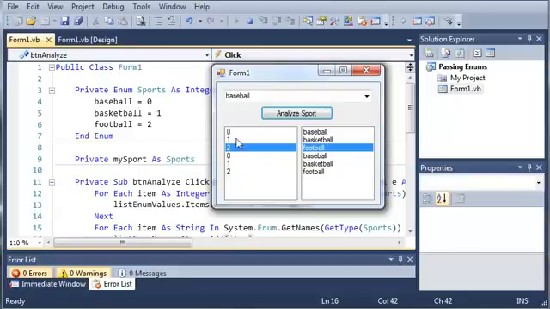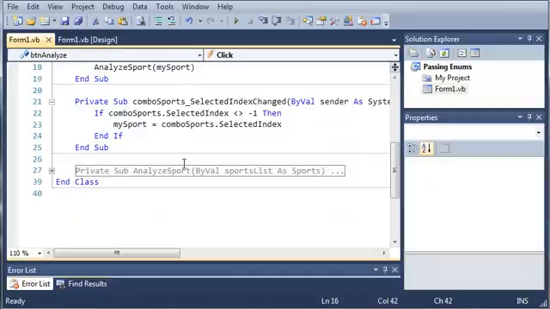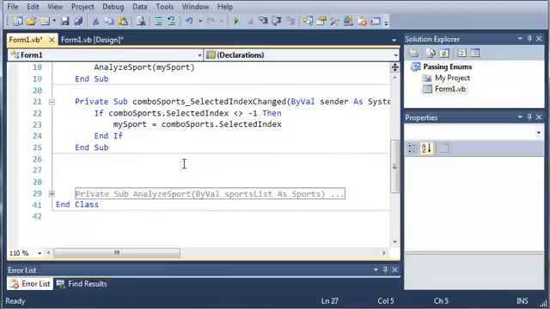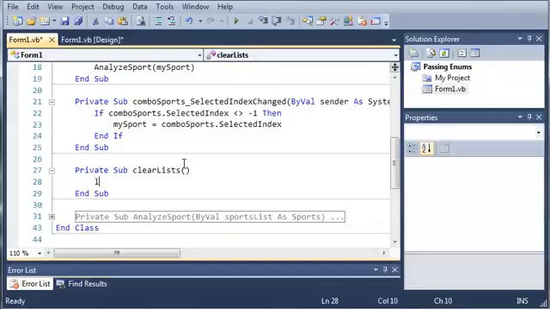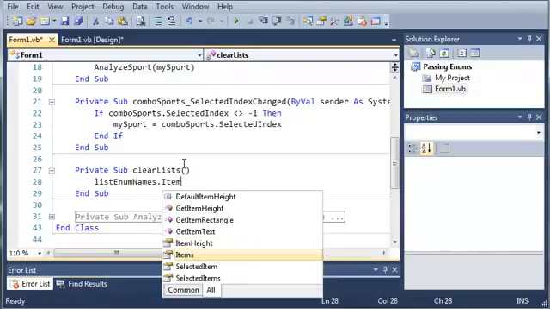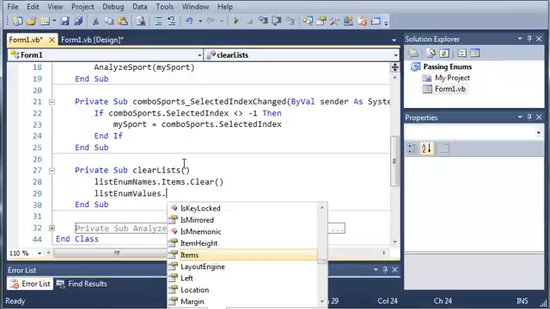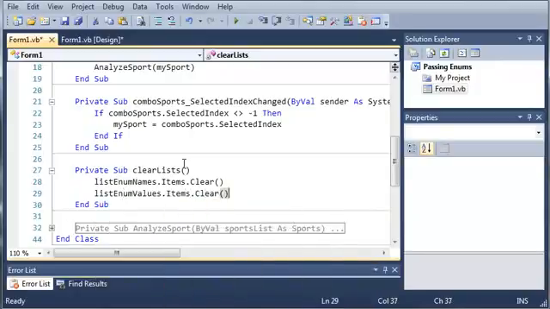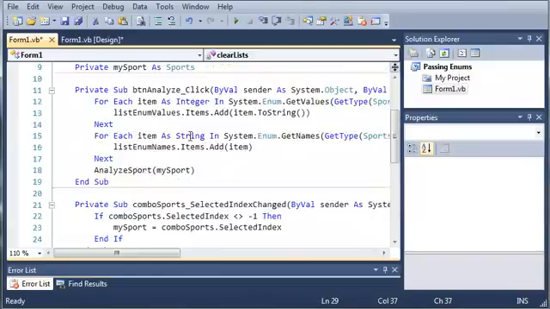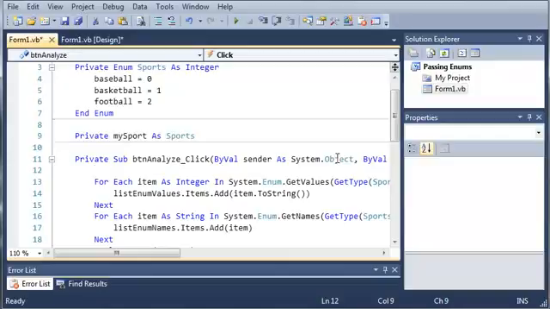Now you can see that it continues to add to the list, so we can make a simple fix for this. We'll come down here below combo sports, and we'll type private sub ClearLists. Inside of this we'll just type list enum names dot items dot clear and list enum values dot items dot clear. So this is just going to clear the items, and we need to call that each time button analyze is clicked, and that needs to be the first thing so it doesn't clear it after the